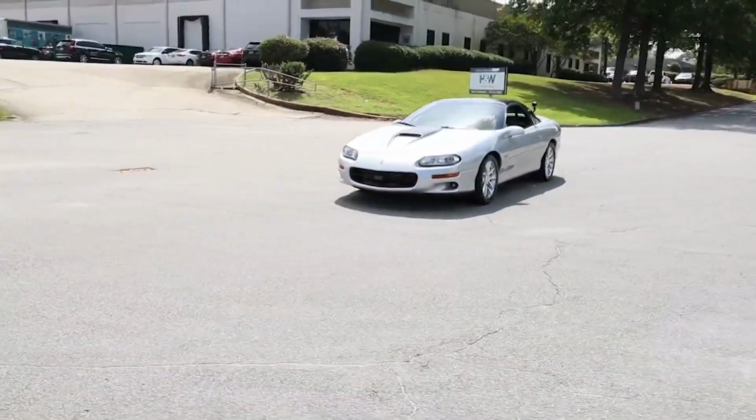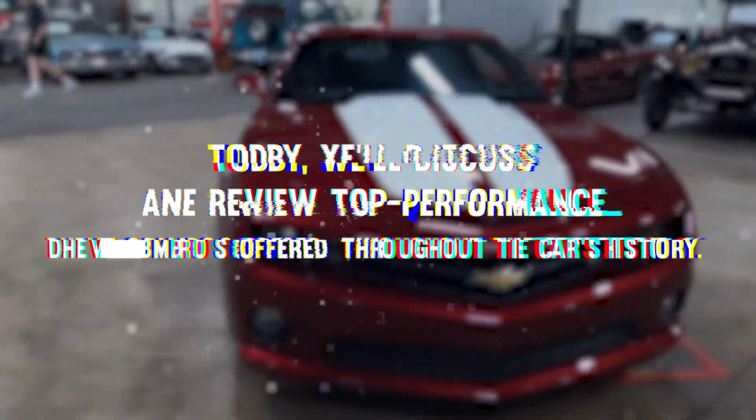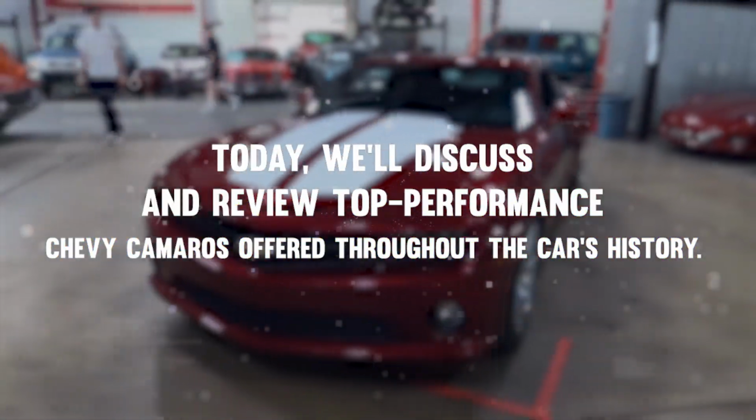The Chevrolet Camaro is one of America's most iconic sports cars. Today we'll discuss and review top performance Chevy Camaros offered throughout the car's history. Starting with the first generation,